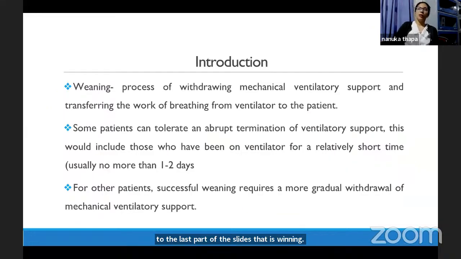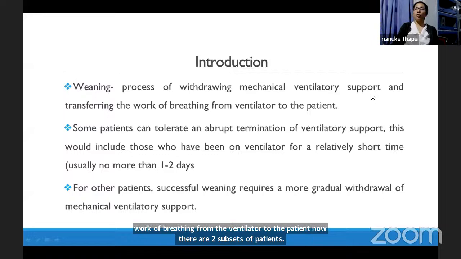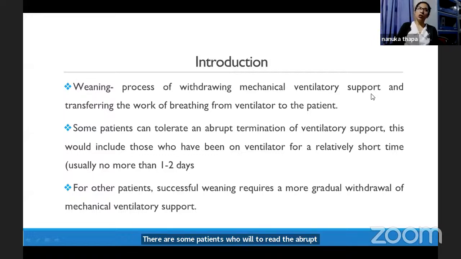So what is weaning? It is the process of withdrawing mechanical ventilatory support and transferring the work of breathing from the ventilator to the patient. Now, there are 2 subsets of patients. There are some patients who will tolerate the abrupt removal of ventilatory support. This is usually those